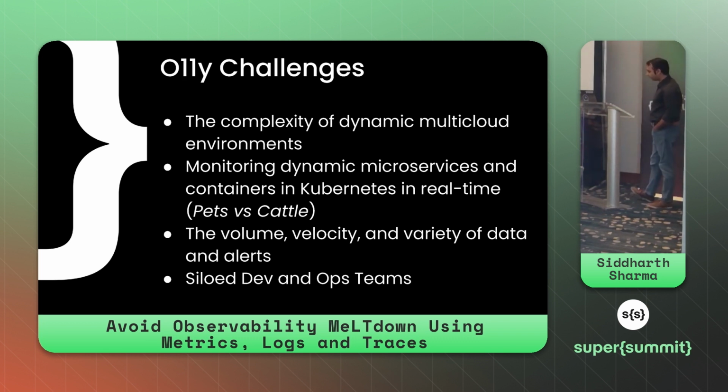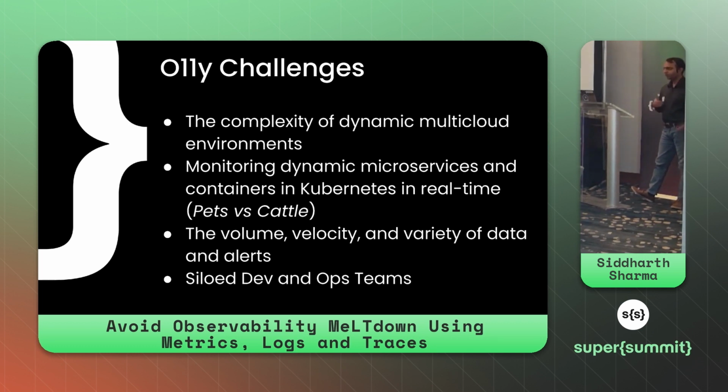Also, if you are embracing the Kubernetes journey, think about the pets versus cattle analogy. Back in time, if you were to spin up software on on-prem instances, you used to provision dedicated nodes and give them a name. The only way you could add new nodes was to go and provision things. If something went wrong with your node, you had to take care of that node explicitly. That was all the pet model.